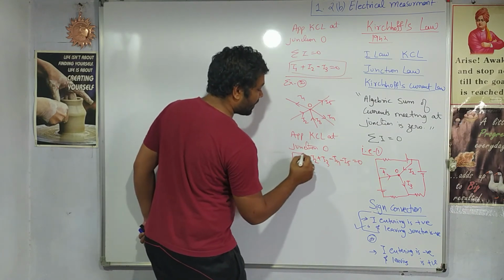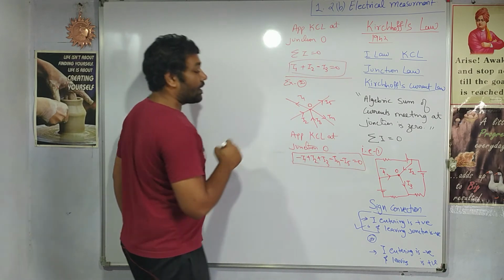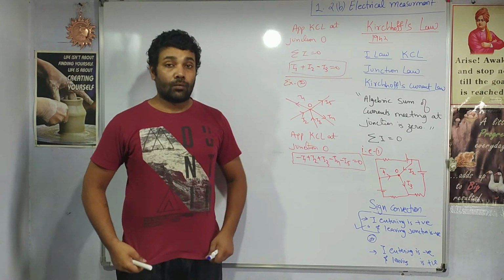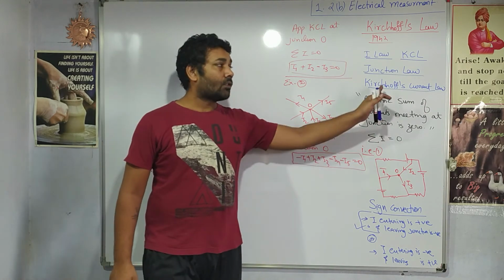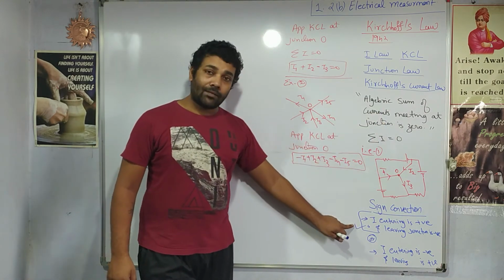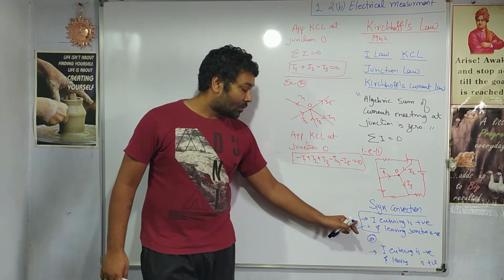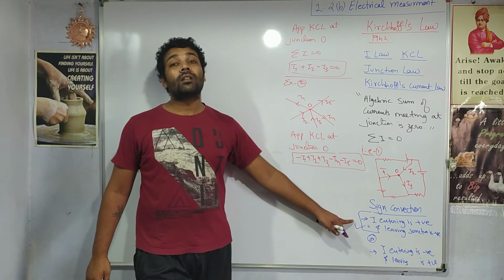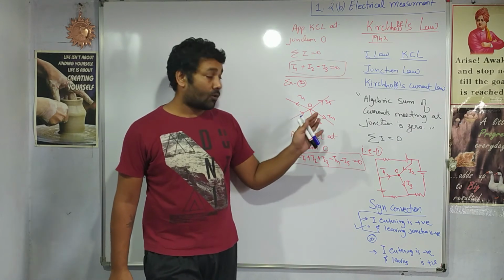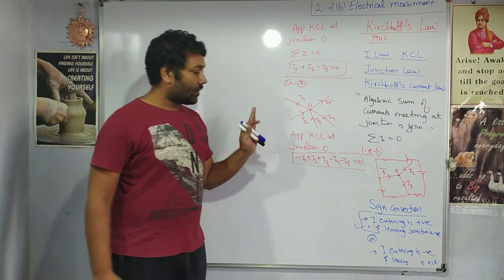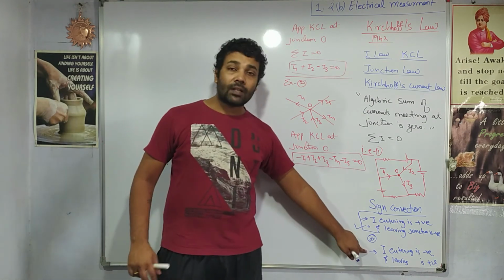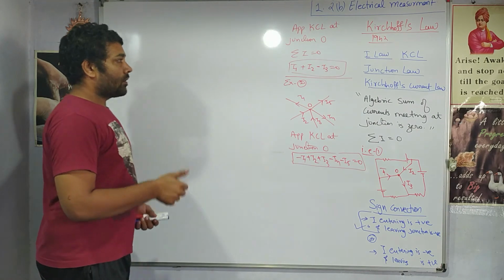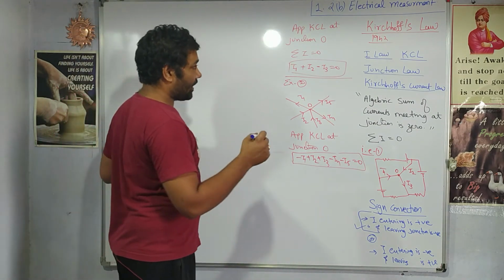So again solving this equation will help you to find the value of one of the currents when the other currents are known, right? This is Kirchhoff's current law, and the sign convention, either you can use this or this. Most of the boards use this sign convention, where the current entering is positive and the leaving is negative. Even if you use the other, your answer will be for sure correct. No mistake.